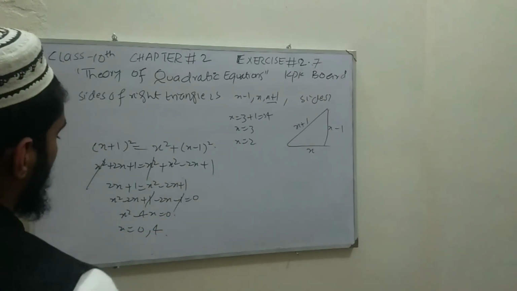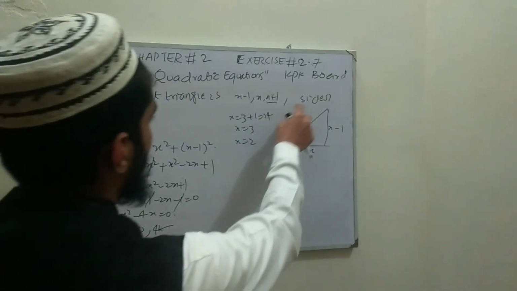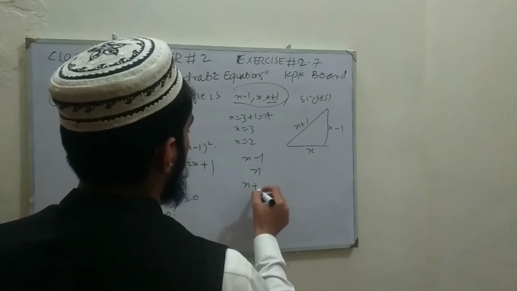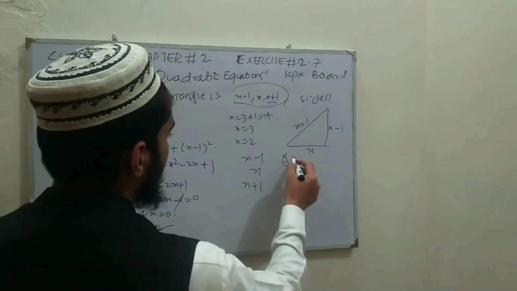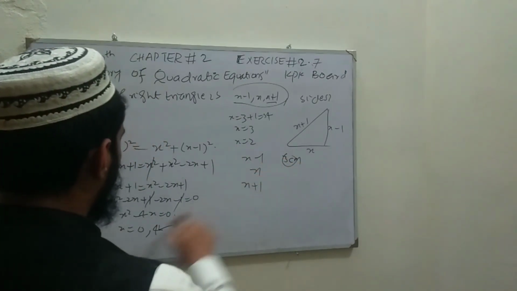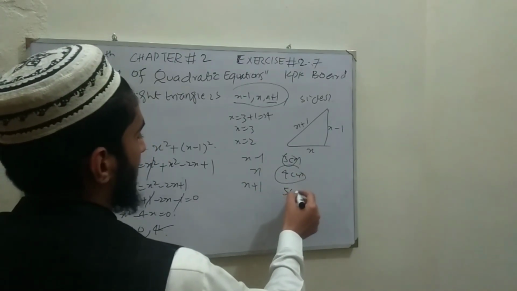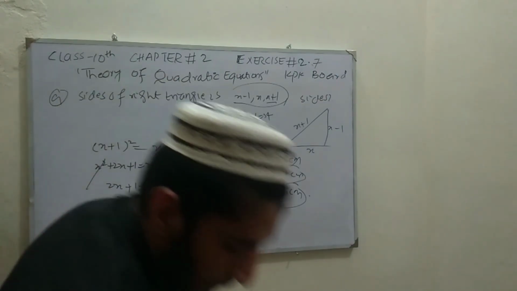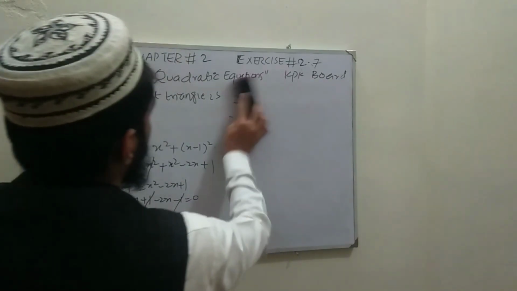As we know that the sides cannot be 0, so we take the value of x is equal to 4 here. We are finding the sides x minus 1, x and x plus 1. So x is equal to 4, so 4 minus 1 gives us 3, the first side, 3 centimeter. Second will be x is 4, so 4 centimeter. And 4 plus 1 gives us 5 centimeter. So these are the three sides of the right angle triangle for the given question. Move to the last question, which is question number 10 of this exercise.